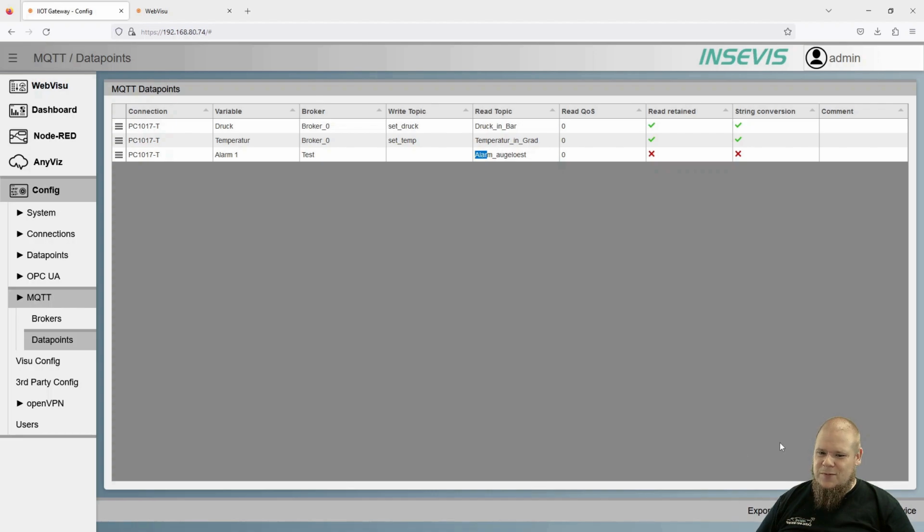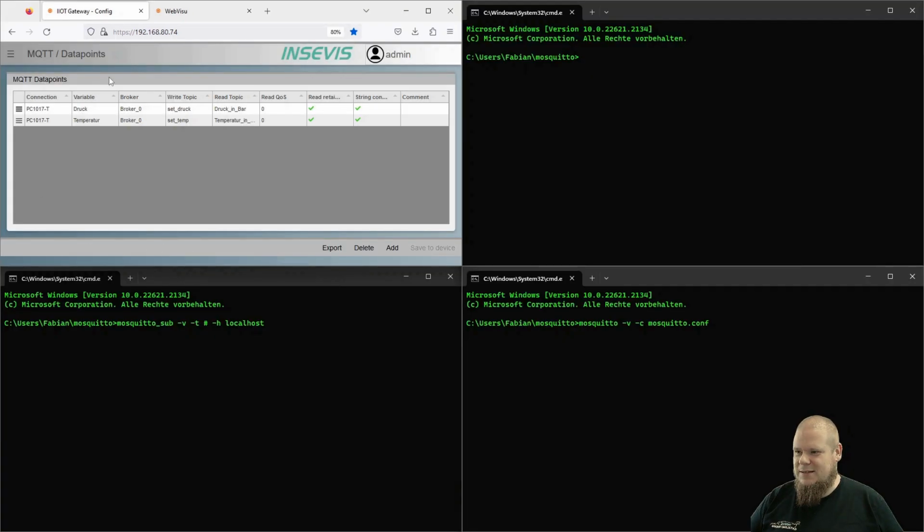Now I would have added another point. Can you just save the whole thing? And next we look at the broker once. So I've now quartered the window here. Up here on the left, we still have our edge HMI and gateways respectively. Then I open 3 command cells to show you how the whole thing works with the Mosquitto, and how